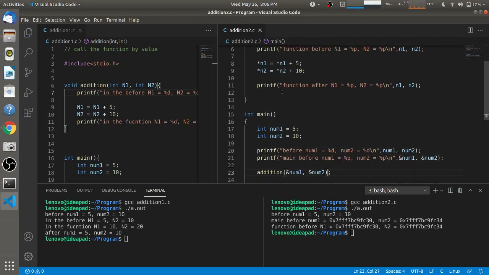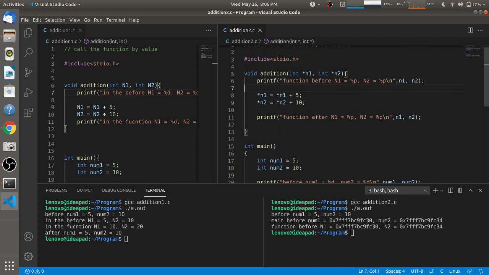And I'll add one more line. So this will print the address again. We don't want the address but the value of n1 and n2 in the function. So that's why I've modified it to value at n1 and value at n2, and I'll again modify this to %d, as we have to print the value and not the address.